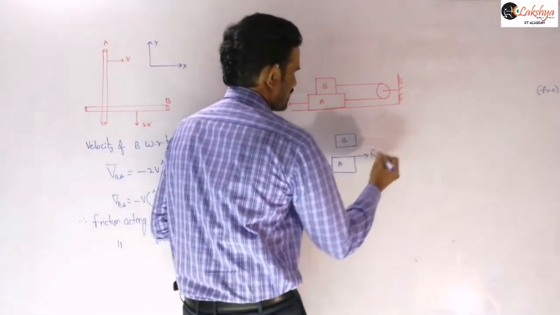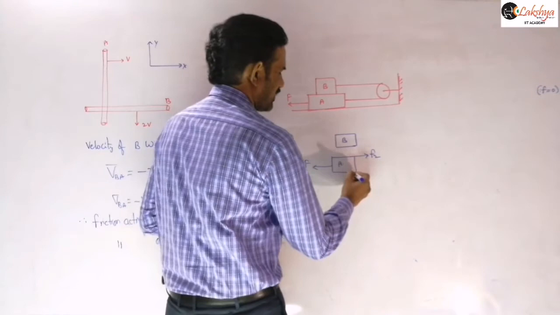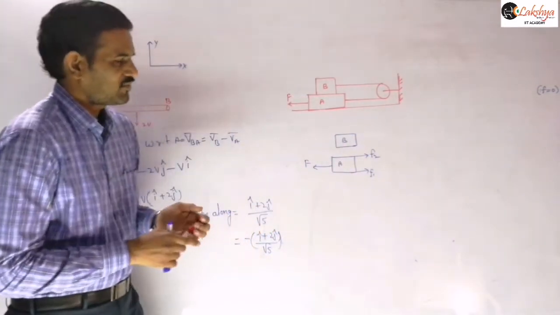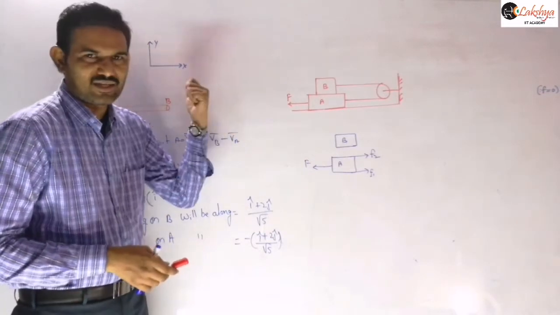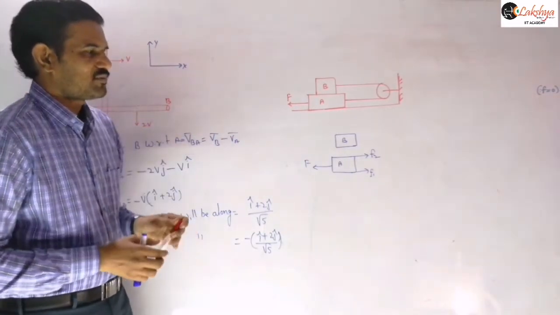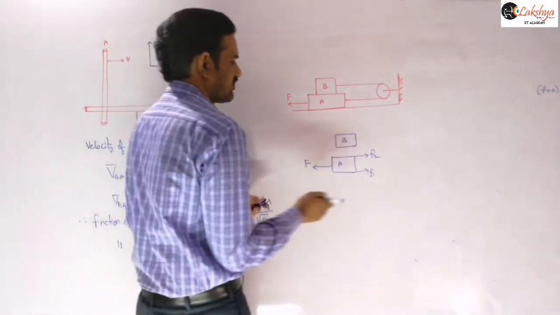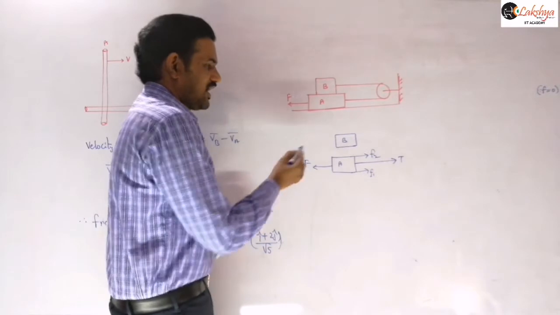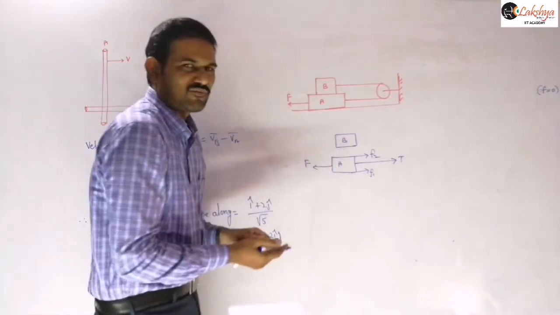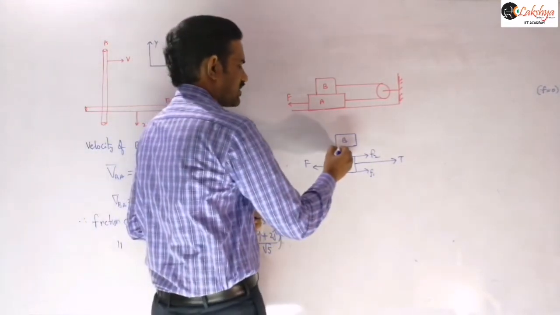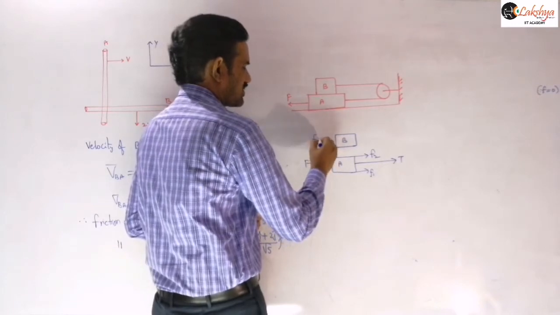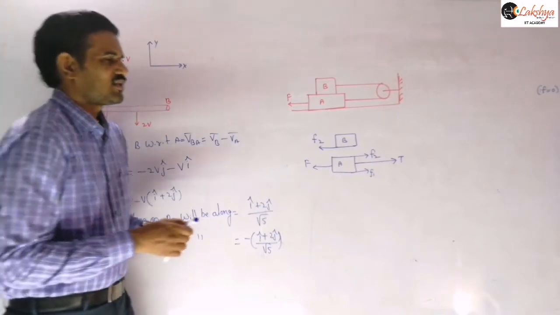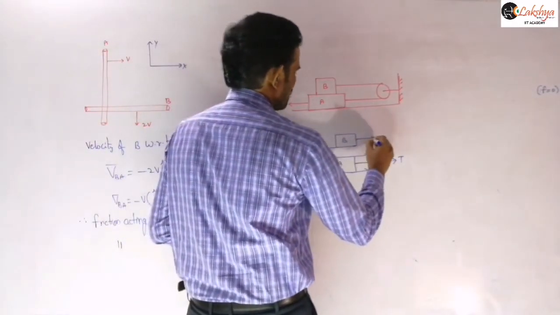Suppose I am taking this as some F2 here, and here this F1 will be there from this floor, if the floor is also rough, because on the floor also it is moving like this, and so then a frictional force will be there like this, and the other force, tension, will be there here. We are concentrating only on the friction direction here. And now the reaction force for this F2 will be there here. So the F2 reaction, you can say F2 acting on the block, will be along this direction here. And the other force, tension, will be there along this horizontal direction.